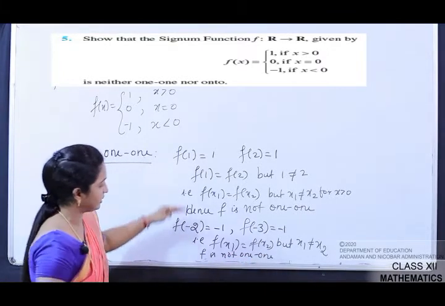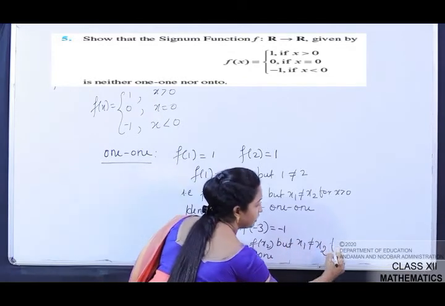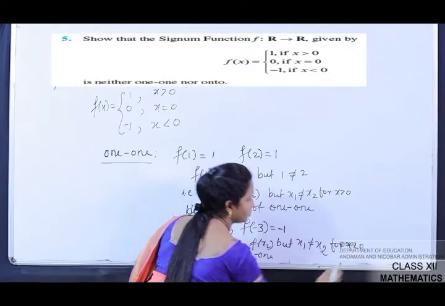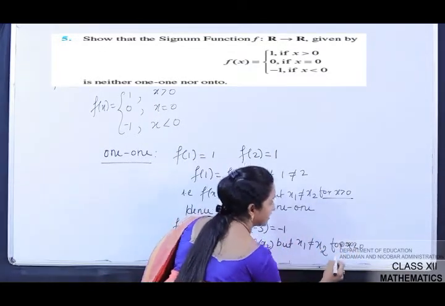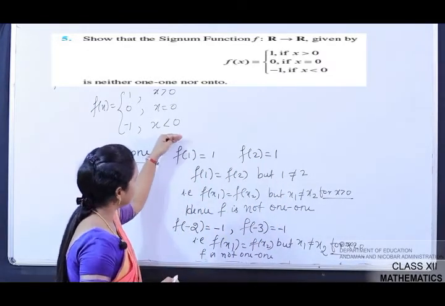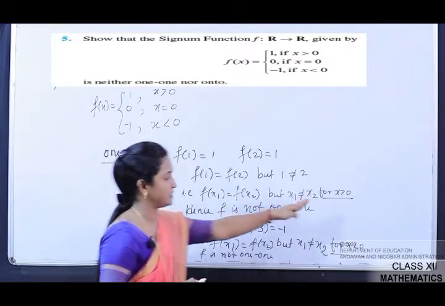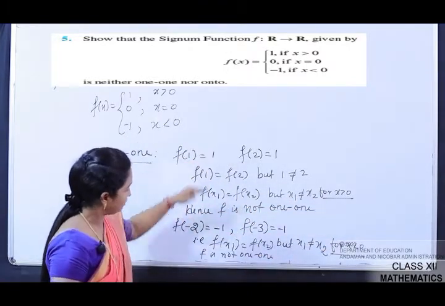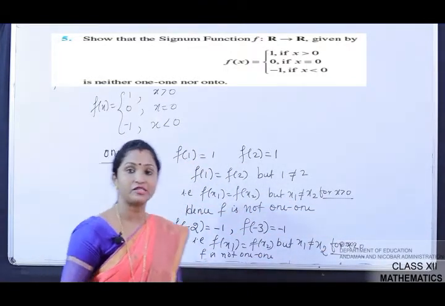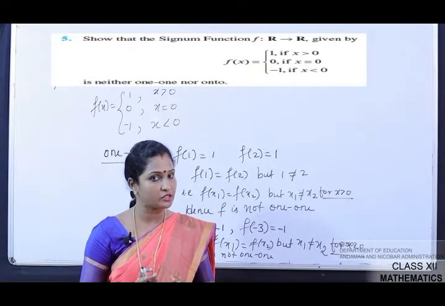So in both the condition you can write down here for x less than 0. Okay. So this is the important part, for x greater than 0, for x less than 0. You can consider case 1 and case 2. आप case 1 case 2 करके भी दिखा सकते हैं या फिर आप ऐसे भी लिख सकते हैं. Correct. So both the condition you see that f is not 1 to 1. That means you have proved that f is not 1 1.